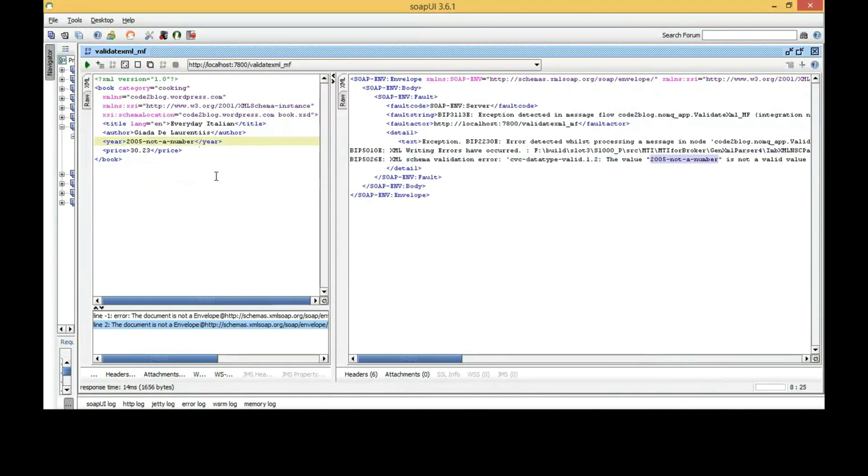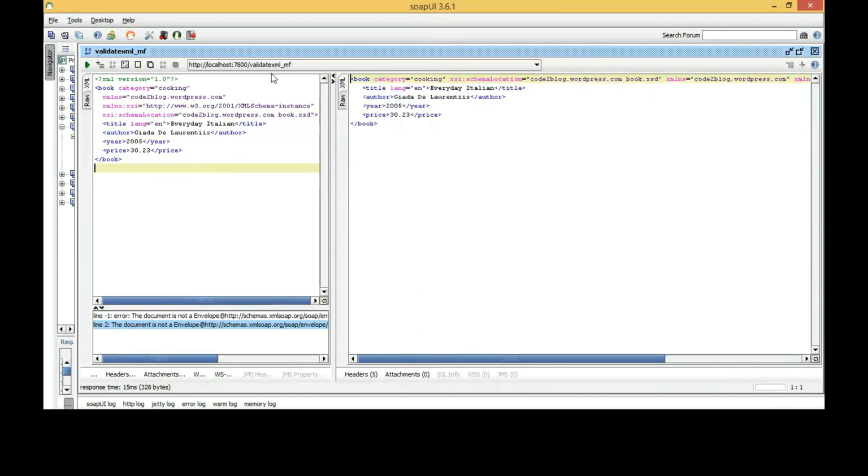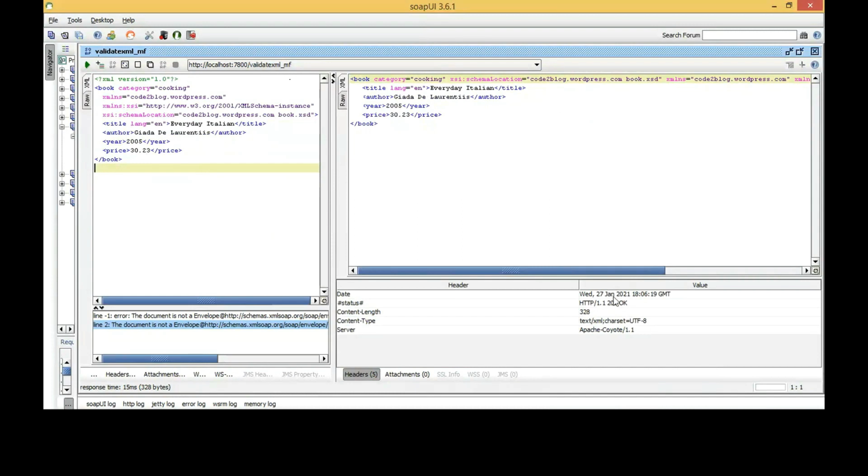Now the error occurs. Exception is thrown by validate node. For the price field, if you fix the value to year is equal to 2003, the error goes away.